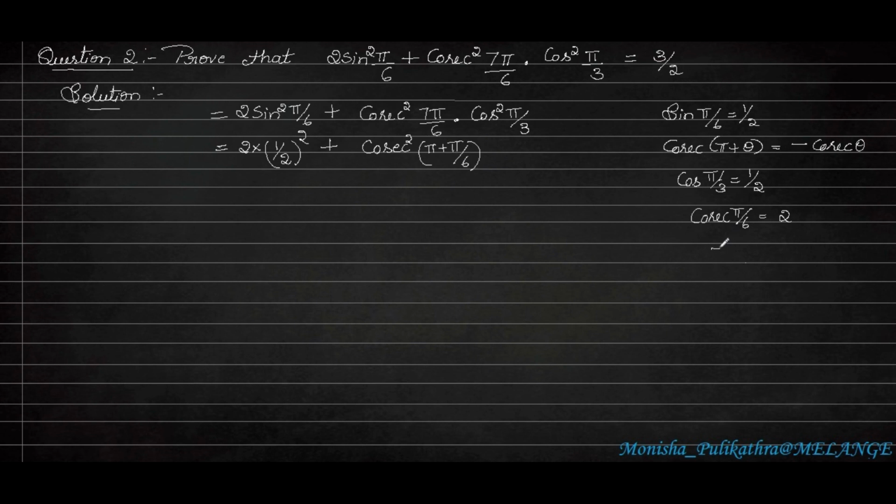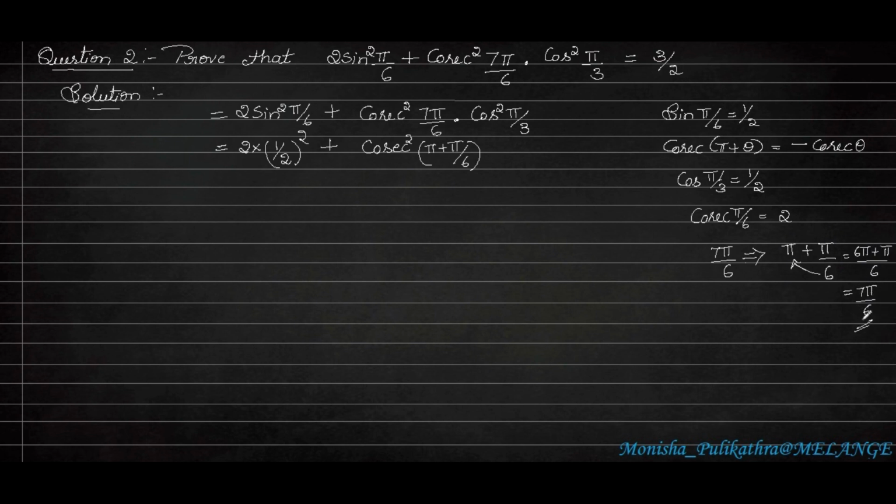How, I will show you. 7 pi by 6 is also equal to pi plus pi by 6. How? When we cross multiply, it will become 6 into pi is 6 pi, plus this pi will just remain here, and the whole divided by 6. So this is the LCM part of it. 6 pi plus pi, whole divided by 6. 6 pi plus pi is 7 pi by 6. Right.